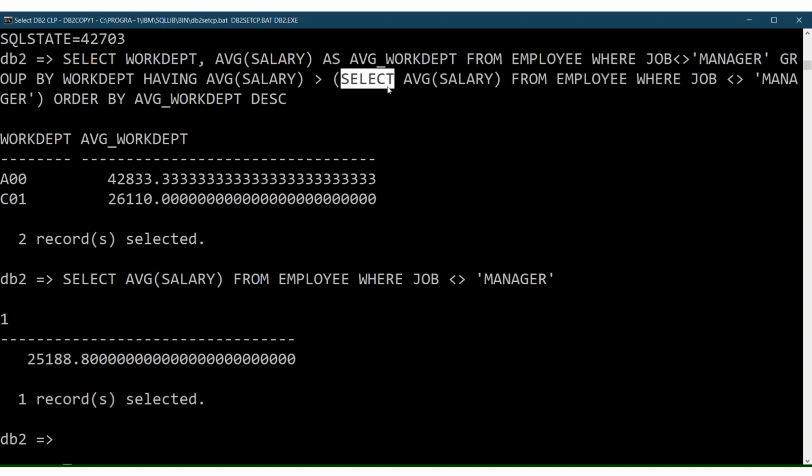If you use single values, you can use operators like bigger than or equal. Or if you use predicates, it depends on how you want to manage your subqueries. And the number of values a subquery can return must be compatible with the operator in the outer select. It means that if you put here